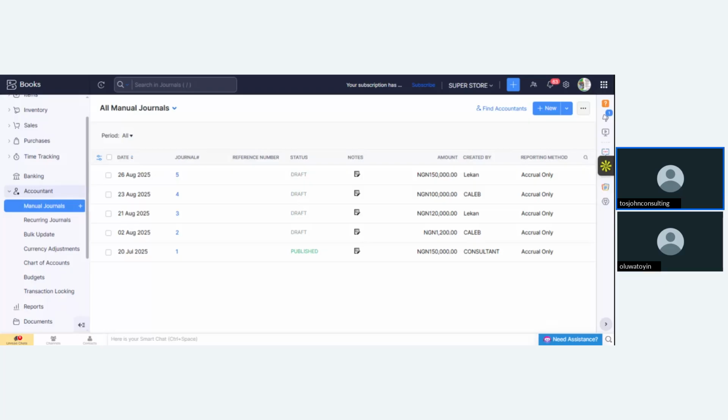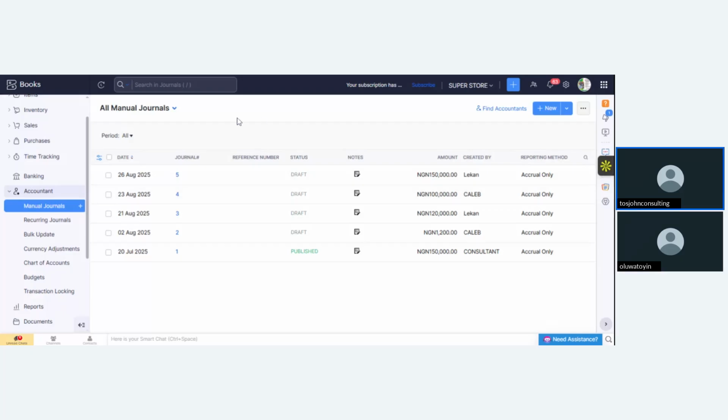Okay. So I explained the stages of accounting there, the accounting process to the final account. We have the source document. From source documents, you have your journals. Then from your journals, you have your ledgers, which is the principal book of account. Then you have your trial balance, which is to balance, to prepare the financial statements. So here in these manual journals, you do your posting, your debit and credit. Understand now?